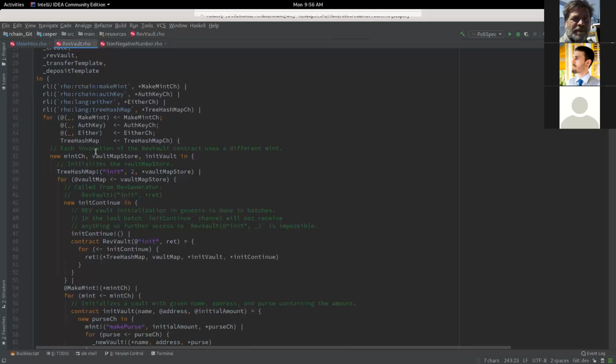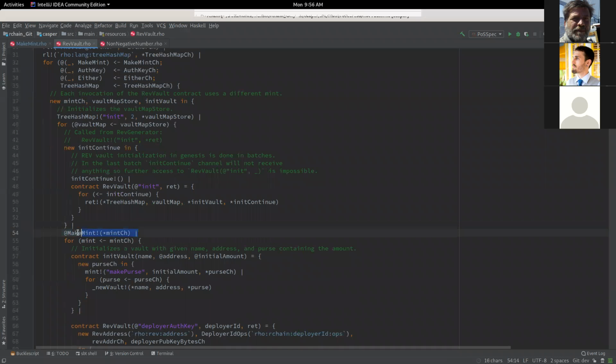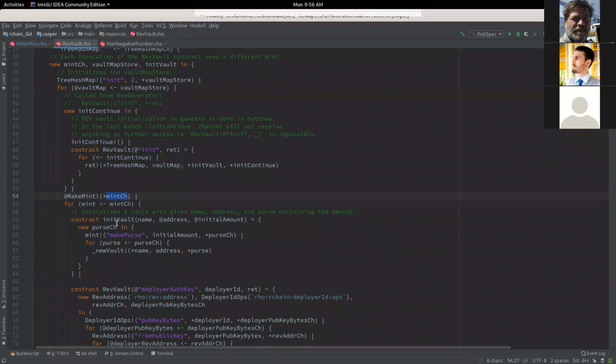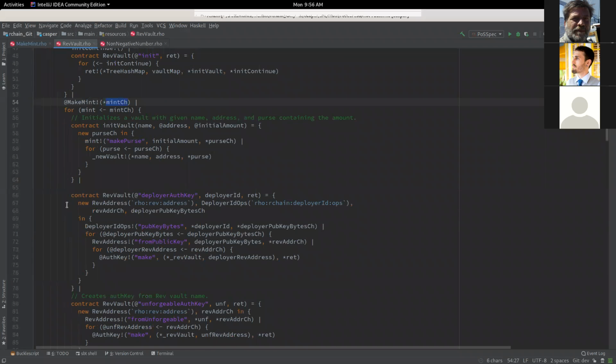That's fine. So basically, you do a call to the MakeMint contract here, and for any mint that you have, I can do all of this stuff essentially. You can get a vault with that particular mint.